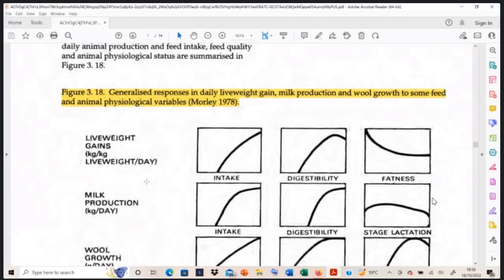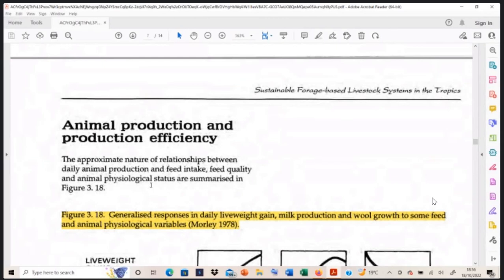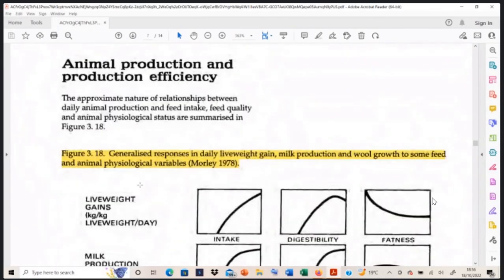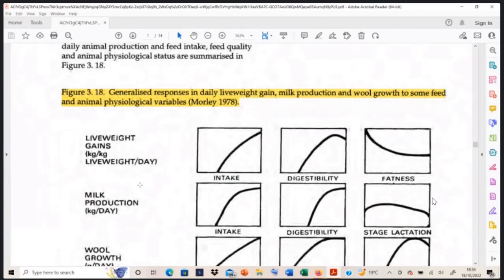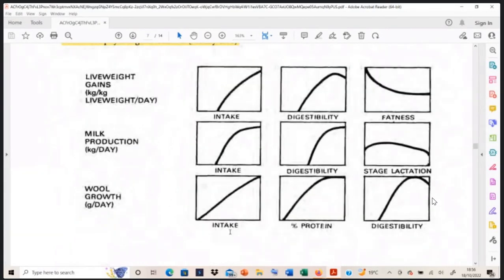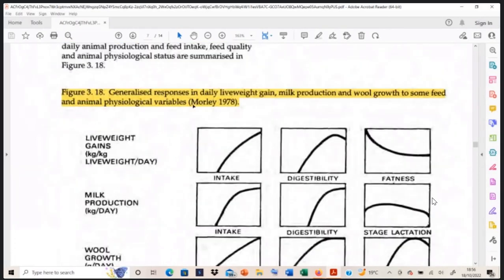Then the main goal of animal production is improving reproductive efficiency, including production, and increasing the feed intake in general. Okay, but for live weight gains, the feed intake is to be increased, while digestibility should also be increased, and the fatness should be reduced as a goal. Okay, for milk production, more or less all the nutrient factors should be increased. The feed intake should be increased, the protein content of the feed should also be increased, and the digestibility of the forages on offer should also be increased. They are the generalized responses in daily gain, milk yield, and wool growth to some feed and animal physiological variables. Okay, so there are some typical